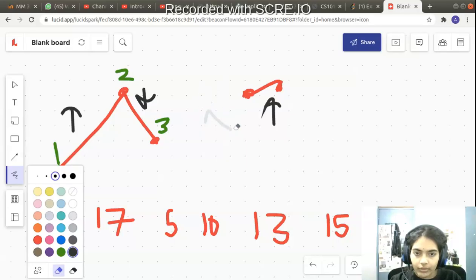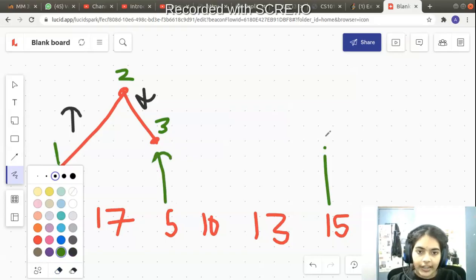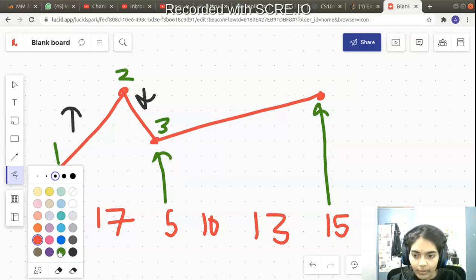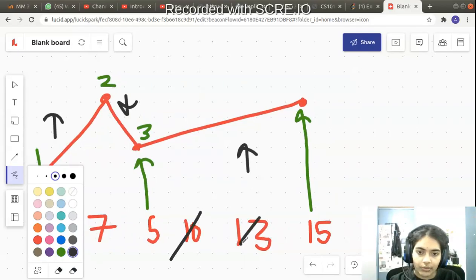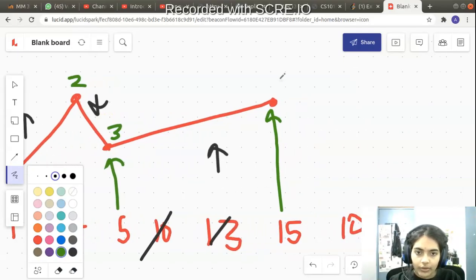So if I delete these nodes, and I just have 3 after the third point, which is at a value of 5, and after this point I directly had 15, then also my wiggle subsequence would have formed, and that is what I need: increasing, decreasing, then increasing. These numbers are actually extra, we don't need them, right? So now I continue with my wiggle subsequence.